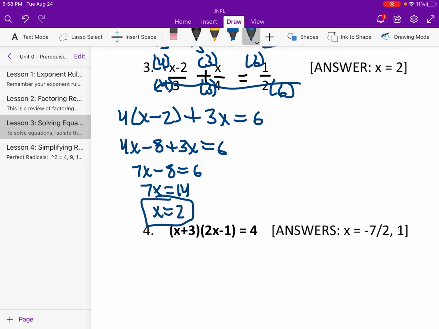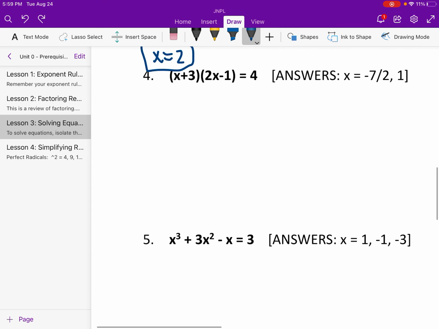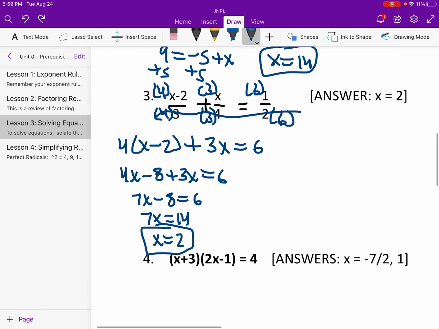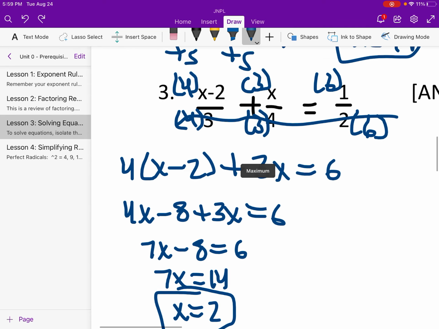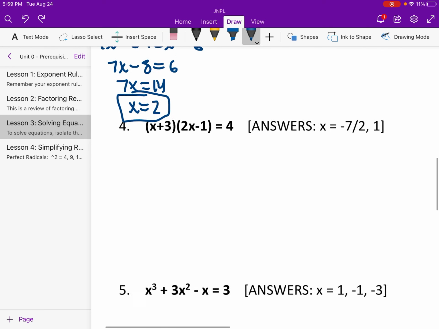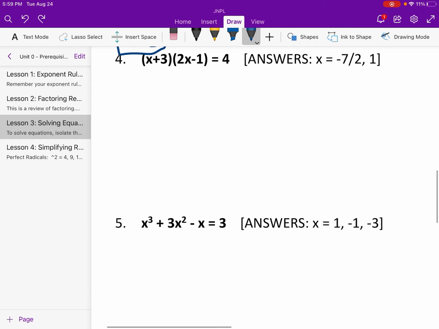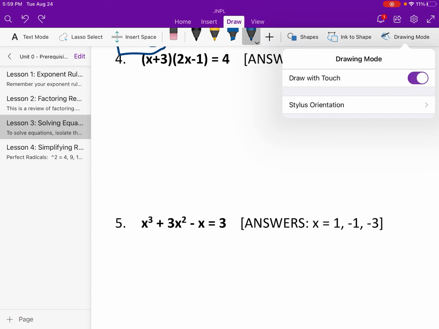And just to check it, if we plug in 2 for the x, 2 minus 2 is 0, 0 divided by 3 is 0, 2 divided by 4 is 1/2, so 0 plus 1/2, does that equal 1/2? Yes. So you can even check your answer if you want. So it's not as hard as it seems. See, teachers try to make it more complicated than it is, but that's the simplest thing you can do. All right, now here